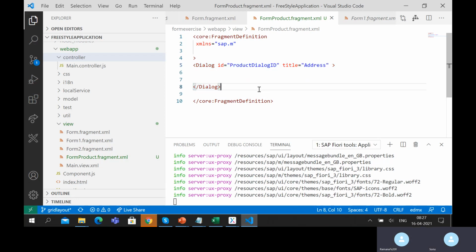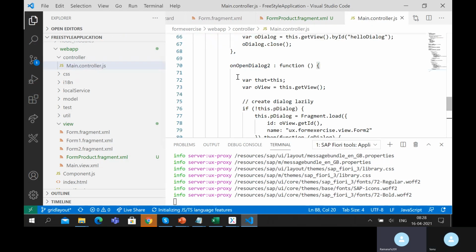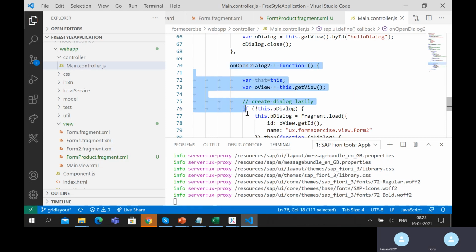Now once you have this, in your case you have to. Fragments will not have their own controller. Whichever page we are using, that corresponding controller only we have to use. Now we don't have to mention